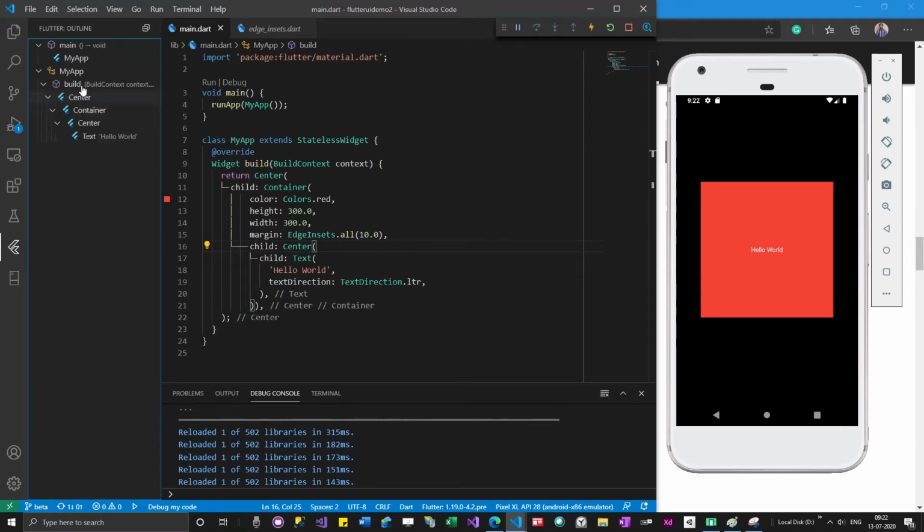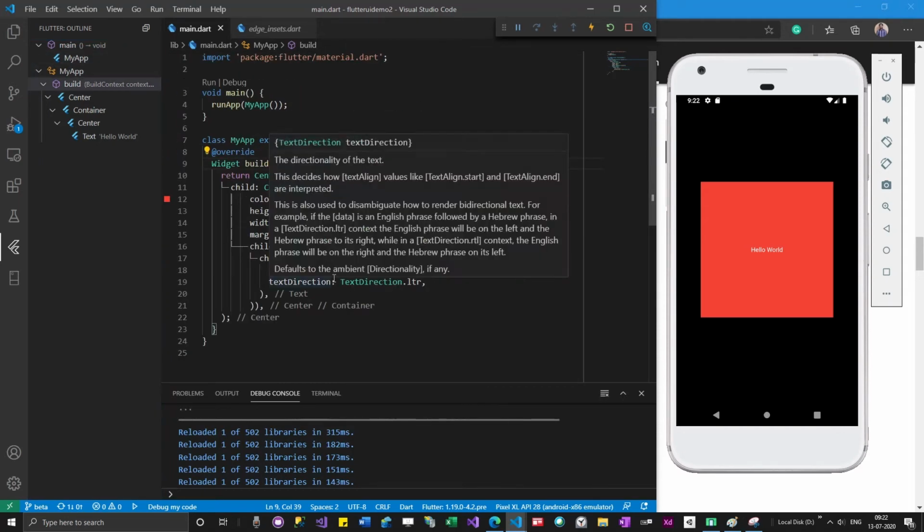Okay, so this is called a widget tree. You can see that Center is a widget, Container is a widget, Center is a widget, Text is a widget. We have Container on top, so Center on top, inside we place a Container, inside we place a Center, and then Text. So we actually use 4 widgets here. Even my app, you can see it's a widget. I think this icon possibly stands for stating that it's a widget. Okay, clear guys so far?